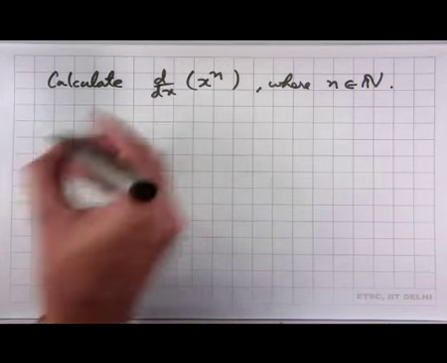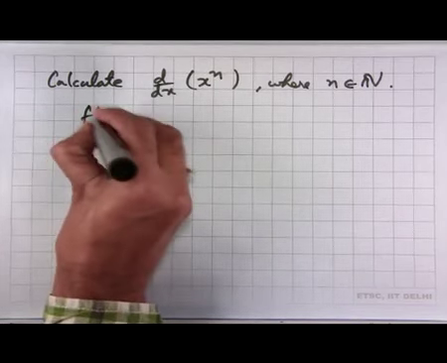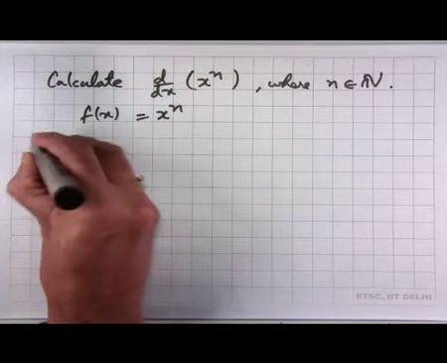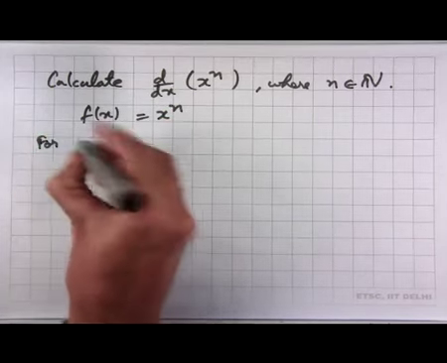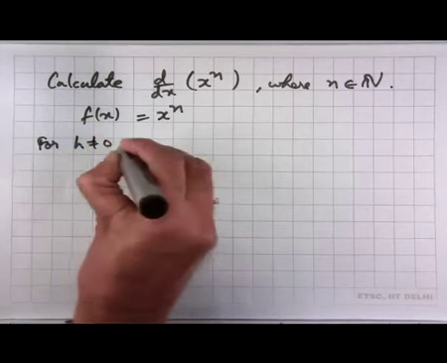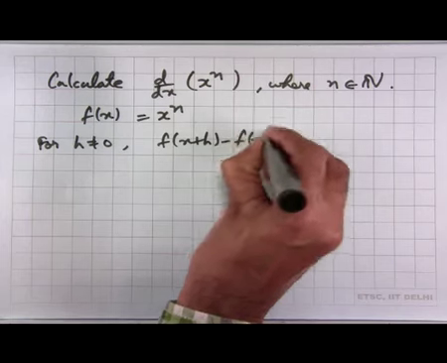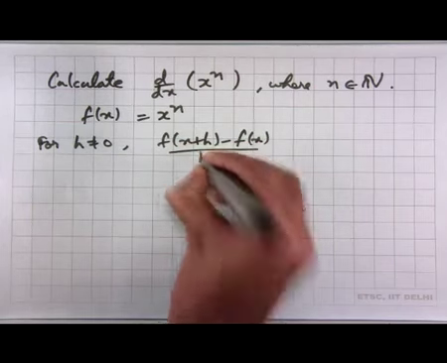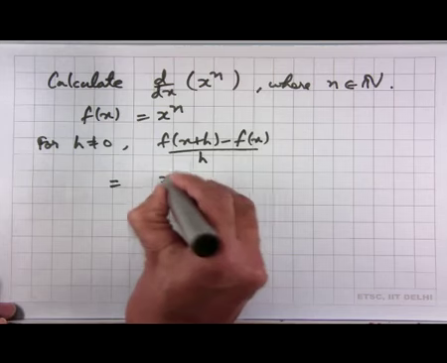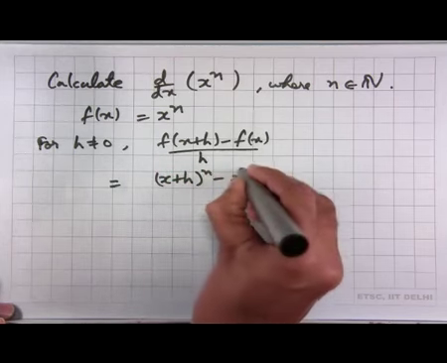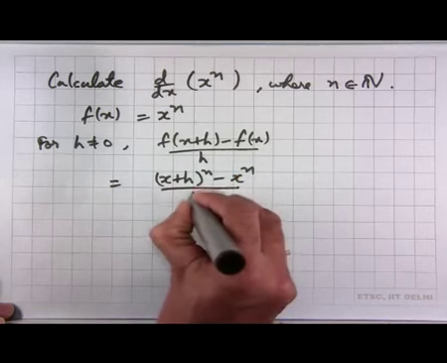So, we have f x equal to x to the n. So, for h non-zero, if I look at f of x plus h minus f of x divided by h, this is equal to x plus h to the power n minus x to the n divided by h,